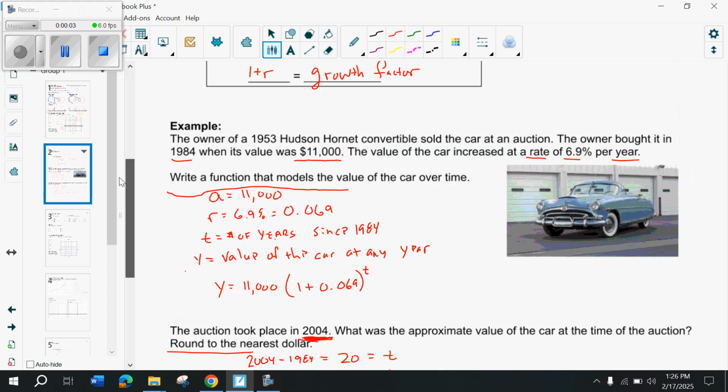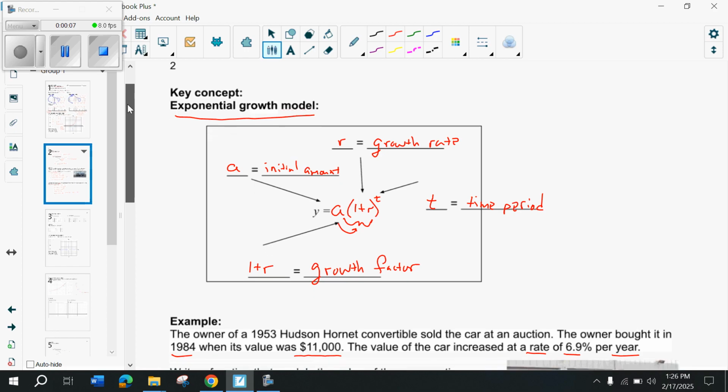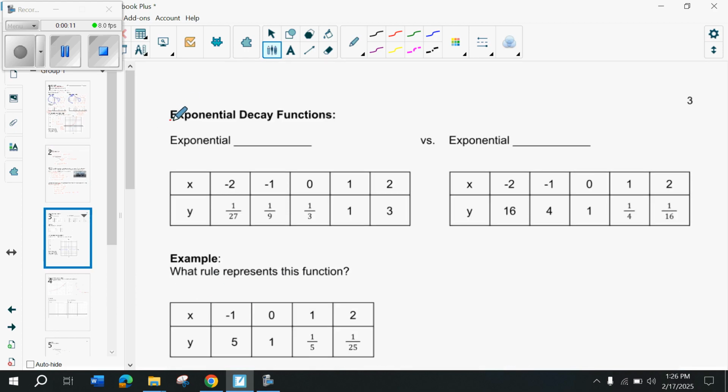Hello. In our previous video, we talked about the exponential growth model. But today what we're going to do is talk about something called exponential decay functions. All right. So exponential growth,